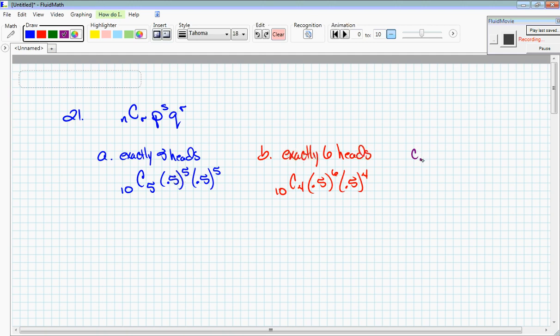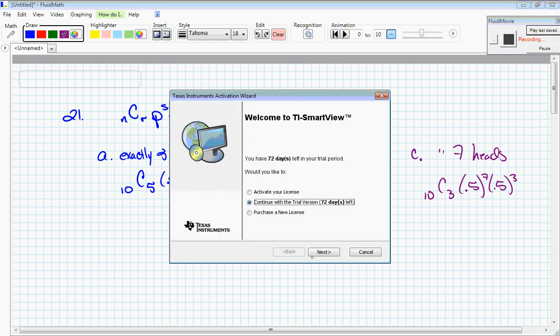And then for part C, exactly 7 heads. It's going to be 10C7 times 0.5 raised to the 7th times 0.5 raised to the 3rd. So as we evaluate these,